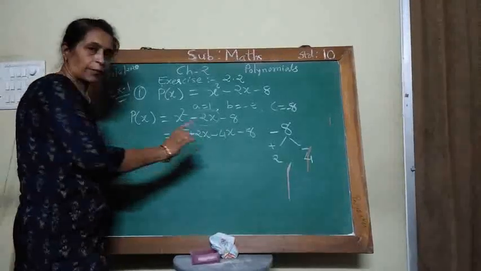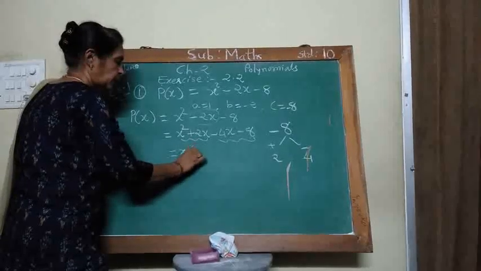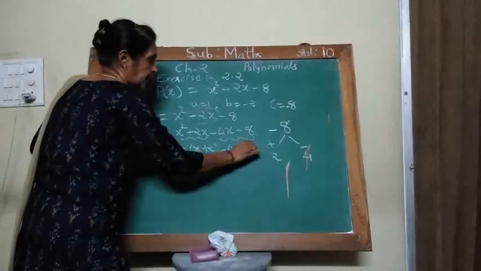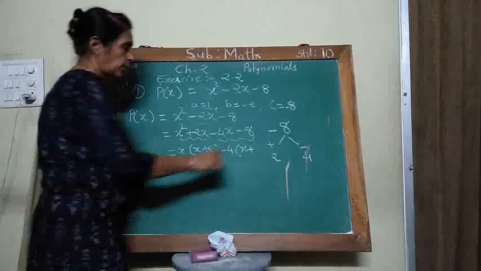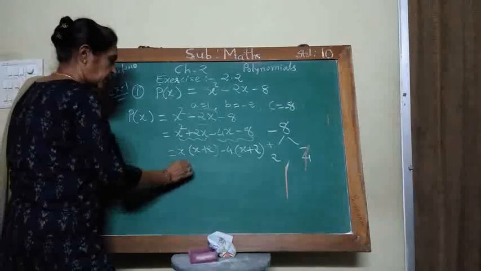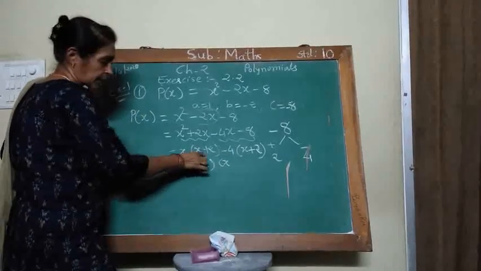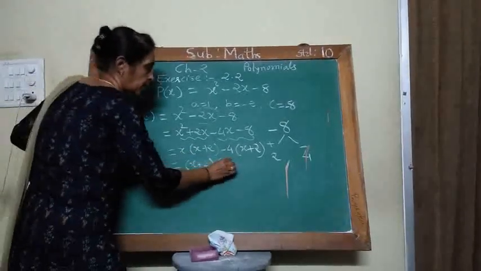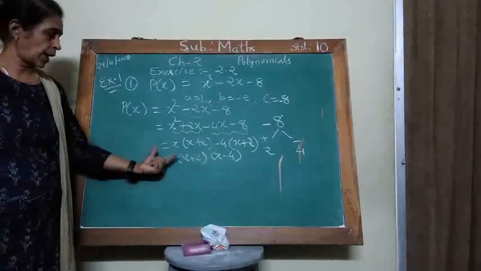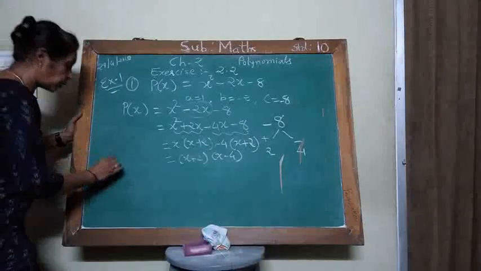Now I make 4 terms, you take 2 terms. Take out x common, so you get x plus 2. Take out minus 4 common, then x minus, taking out common, so plus, and 4 and 2 give 8. So x plus 2 bracket is common, and x plus 2 goes out, so x minus 4. So I factorize the polynomial this way and get 2 brackets.